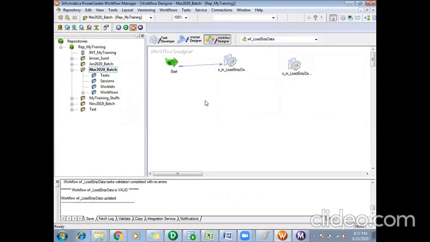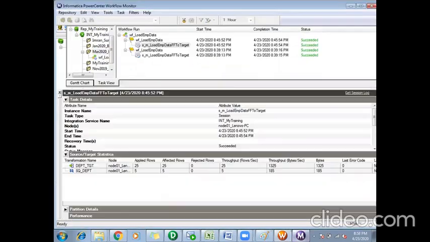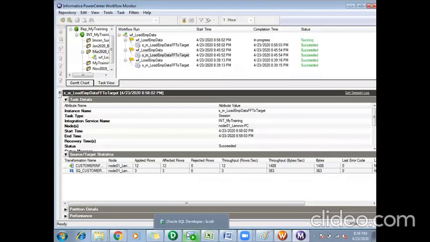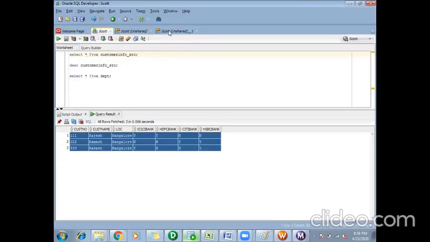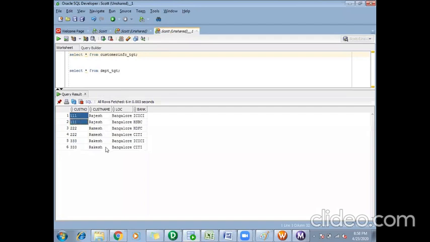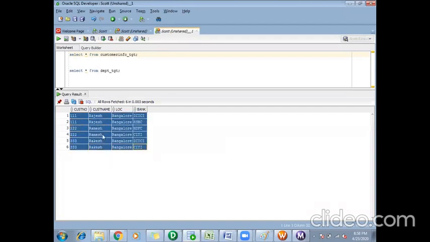I'll save my workflow and I'll rerun it. It has completed. If I go and check my target, the target was like, I want something like this. Okay, so this is what is expected. But if I go and check my target now, how it is coming.